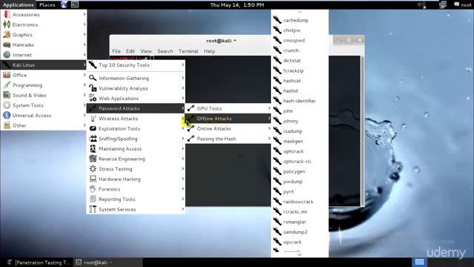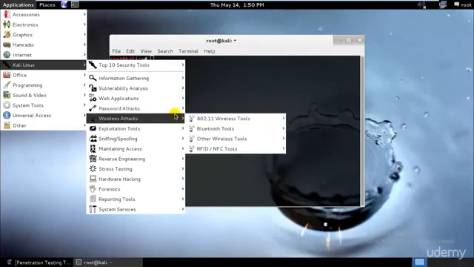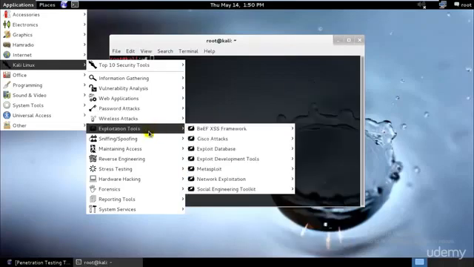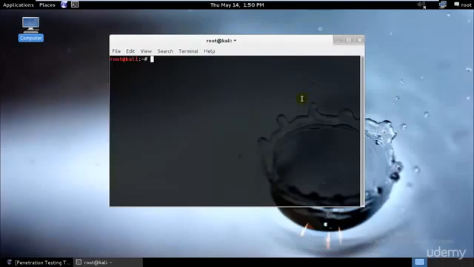These are offline attacks. And password attacks can be much faster if you have a graphics card with you, because most of the time, or almost all of the time, password attacks are cracked by graphics cards. The reason being that they are much faster than a normal CPU. So we have your wireless tools, exploitation tools, sniffing, spoofing, maintaining access, reverse engineering, and many more. So starting with dnsenum,